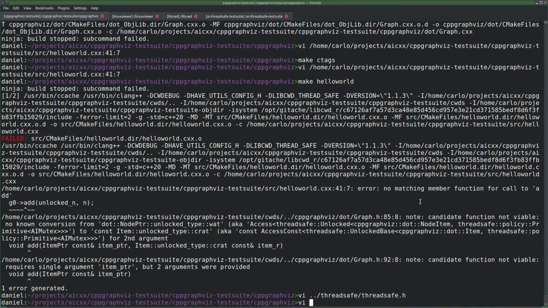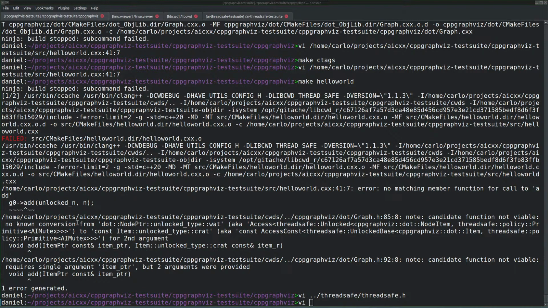No matching member function for call to add. Candidate function not viable.